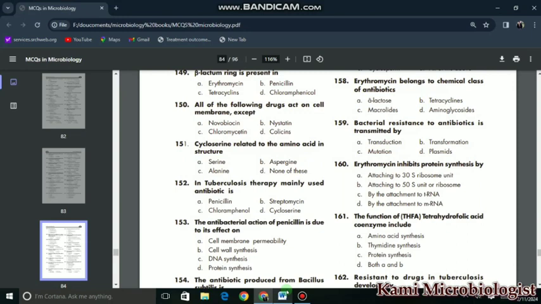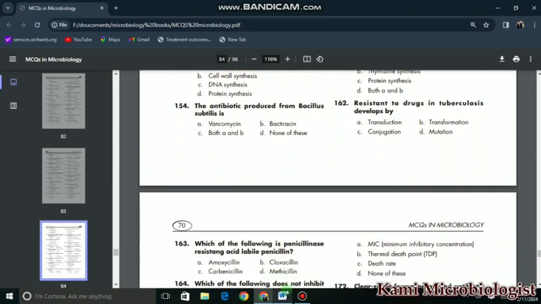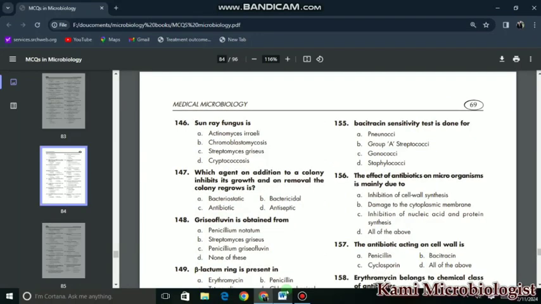The antibacterial action of penicillin is due to its effect on cell wall synthesis. Then we have 154 MCQs which says that the antibiotic produced from Bacillus subtilis is actually bacitracin. 155 MCQ says that bacitracin sensitivity test is done for group A streptococci. 156 MCQ says that the effect of antibiotics on microorganisms is mainly due to